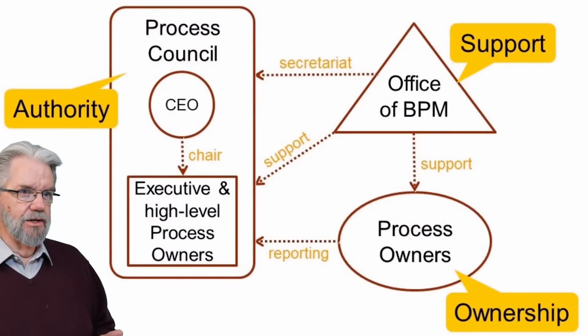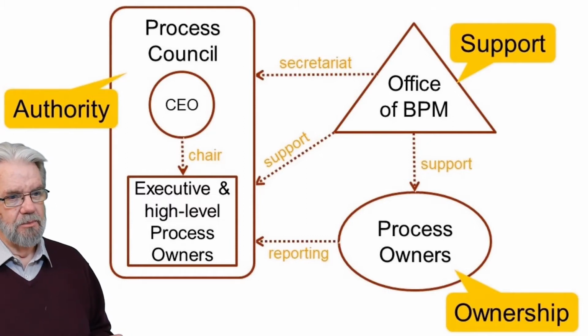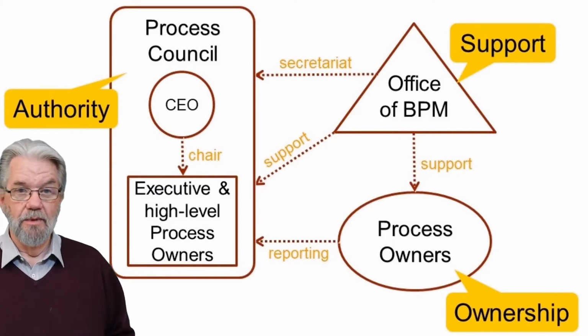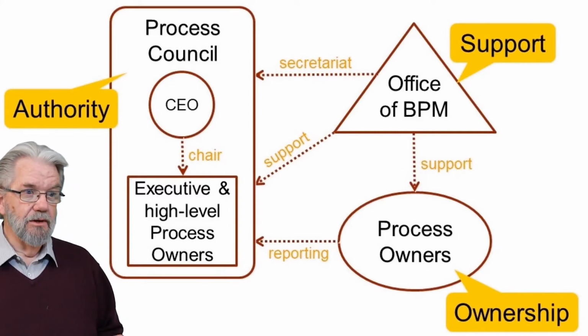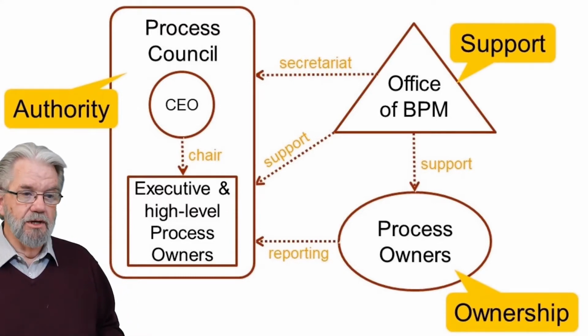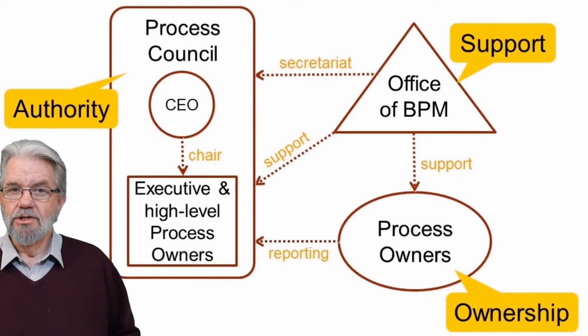And you might recognise this picture. This is my process governance model. It has those 3 parts: authority, support and ownership. And there's a separate video all about this particular model, so I won't go into the details here, but just for some context, we've got the process owner there providing the ownership, so fixing this vision problem that we have